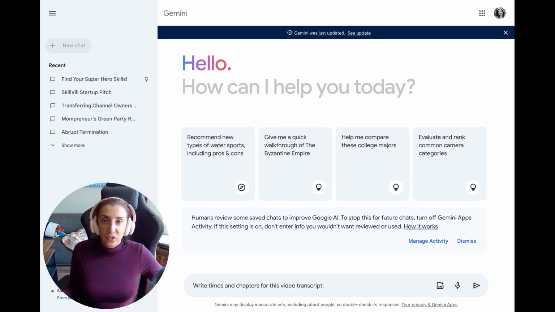Then I log into Gemini. This is Google's AI. You can, of course, use this with other tools, ChatGPT, any Google. Google just happens to be the one that I like to use, and I'm going to give it a prompt,